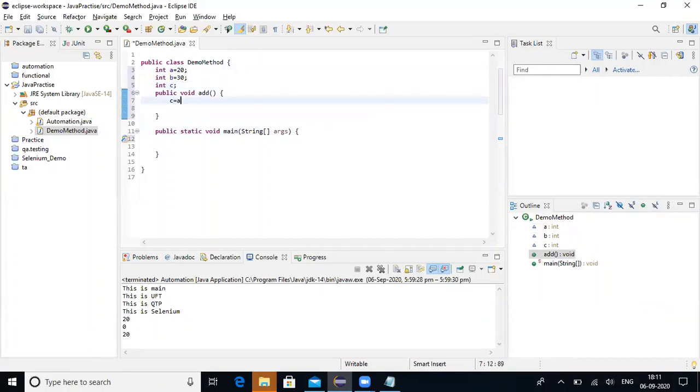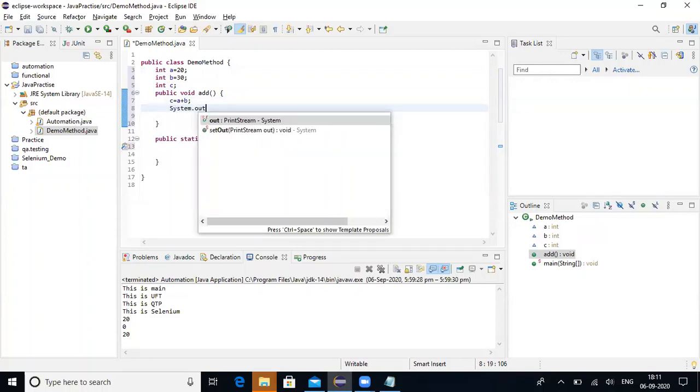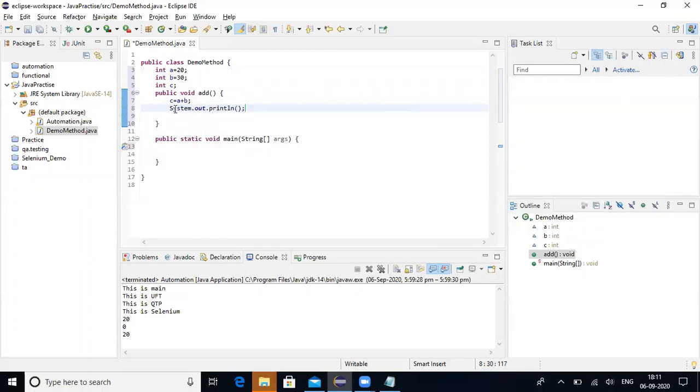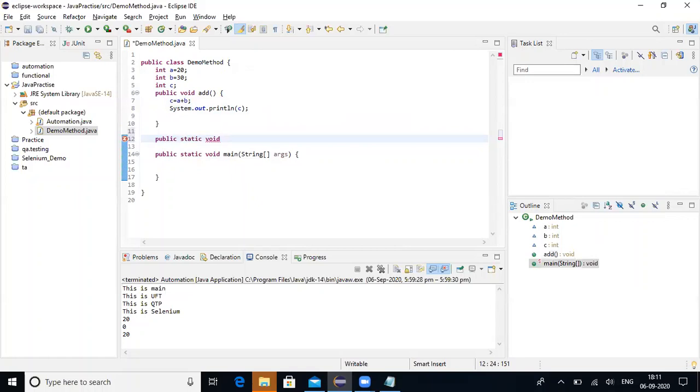C is equal to A plus B. Similarly, I have a non-static method through which I'm going to do some multiplication.